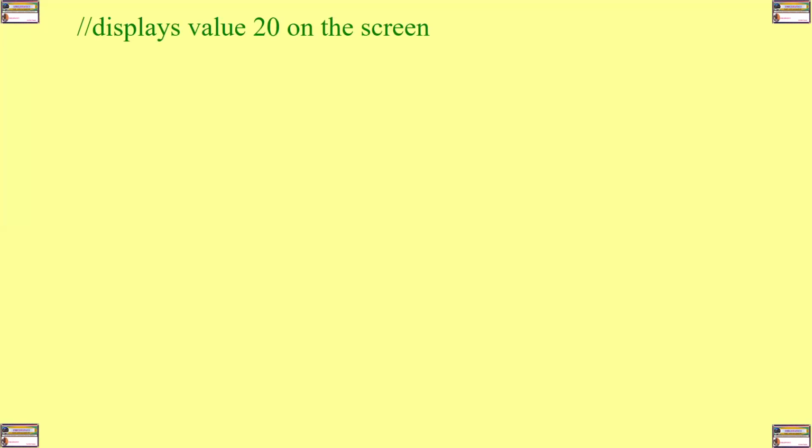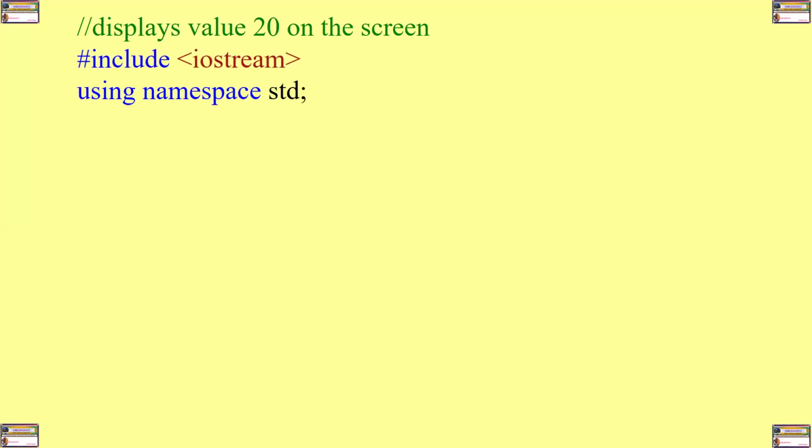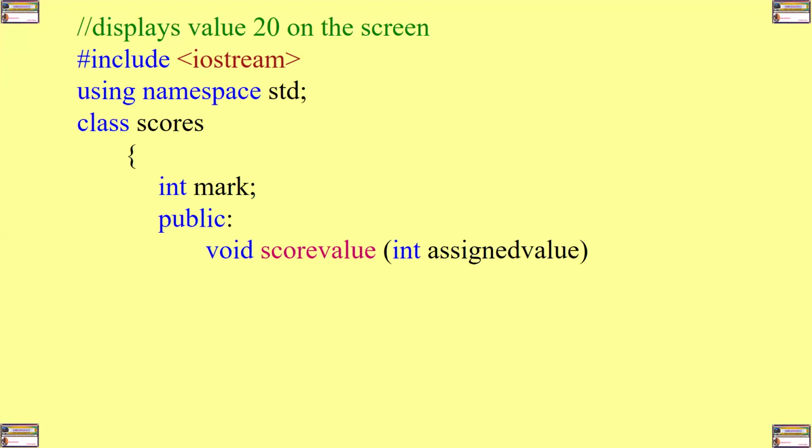So the comment is displays value 20 on the screen. Then we have #include <iostream>, and my dear viewers and the rest of the listeners, the syntax remains for object-oriented programming in C++, just as we've been discussing in this series. Then we have using namespace std; We have class scores, and then its definition is as follows. We have one data member called mark of type integer, and then we have the following